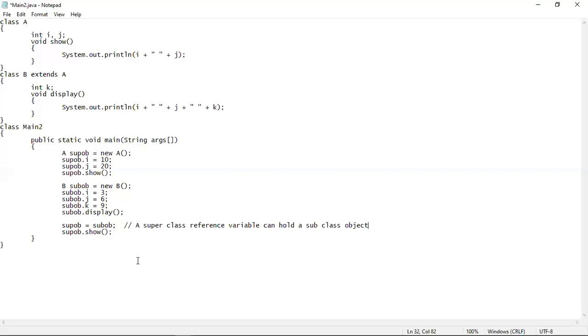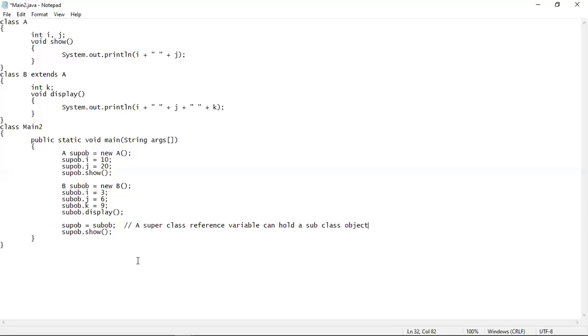But remember that only a superclass reference variable can hold a subclass object, but the opposite cannot be done in a Java program. That means the subclass reference variable cannot hold a superclass object. It can never be done. Only this way, where a superclass reference variable can hold a subclass object.